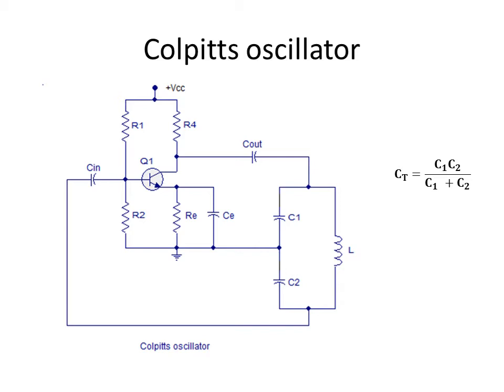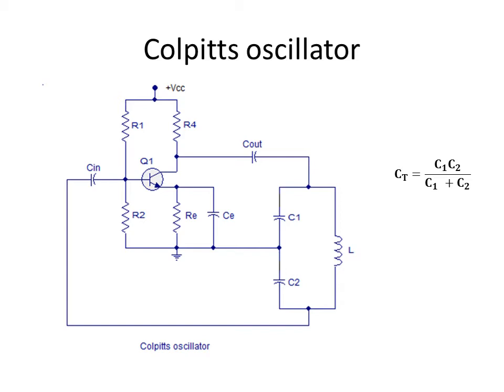Then you will have to identify how we provide the feedback. So in this case, you will have to see what the points are. Oscillations are basically generated in the tank circuit. So from that oscillation, one portion should be given back to the input. How do we identify that? You will have to see what is connected between the base and emitter of Q1, which is our transistor.